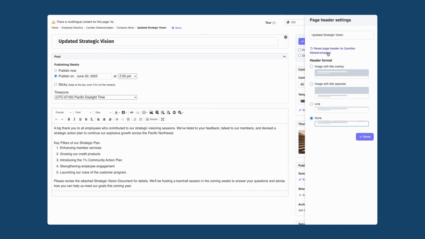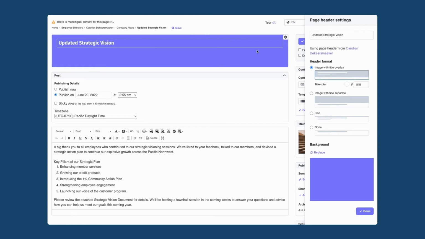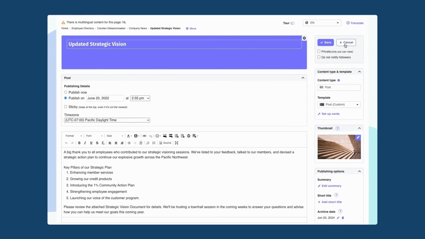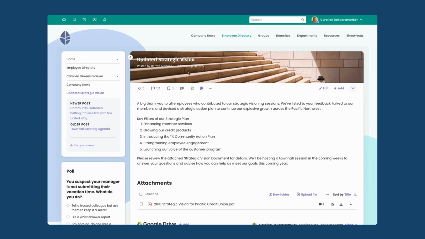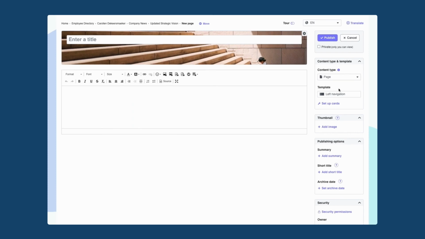the page header is customizable already today on your Thought Farmer site. If I wanted to go back to what I started with, I can just click on Reset Page Header to Caroline de Kiersmaker's original page, and then it goes right back where I started. I am going to cancel out of this now, and we'll talk a little bit more about the inheritance. I just mentioned this briefly, but what happens with page headers, much like in the past, is when you have a page that has a specific type of page header, specific image, a specific design, whenever you add a new page underneath, that page will adopt the same